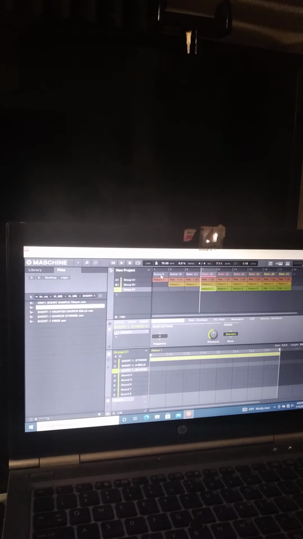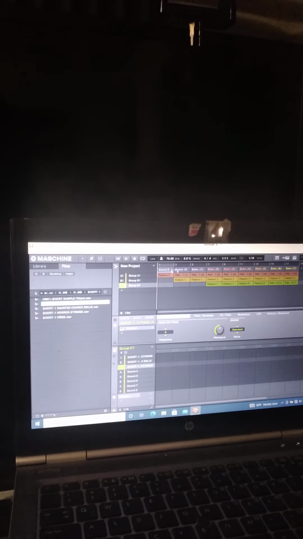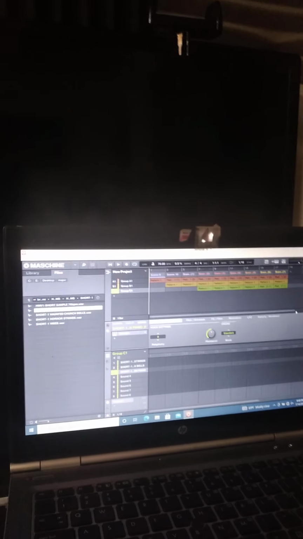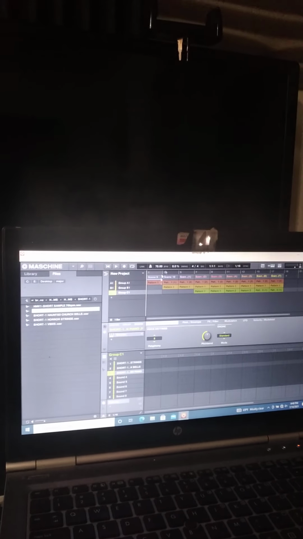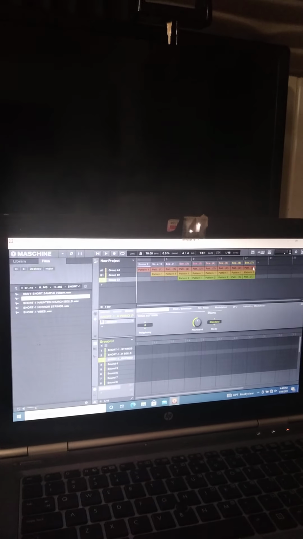Then, you know, your scene 1 would be 8 bars. So I tend to keep them between 4 and 8 because I'm always keeping in mind that I'm going to have to break these down. Okay, so